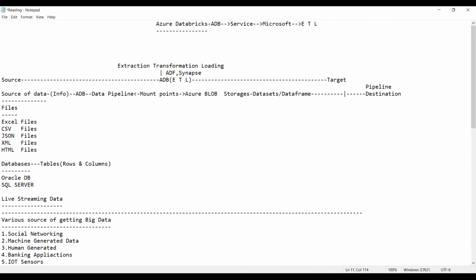We need to run the pipeline, am I right, guys? We need to run the pipeline to load the data into the destination. So in this case, we require to start the pipeline. That is called kickstarting the pipeline.